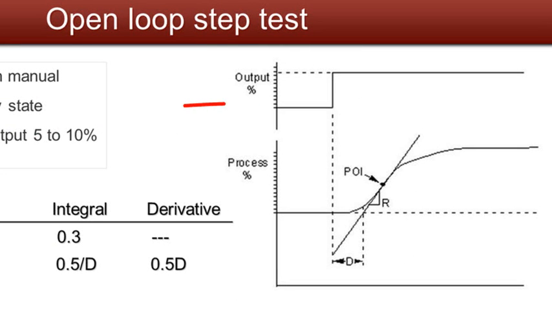So you can see that's what we've done here. We've set our output at something other than 0. We've waited for our process to obtain a steady state, and then we've made a step change in the output. Now what we're looking for is the process is going to have a certain amount of dead loop time. It may be very quick or it may be very long. We're looking for that change here, and we're looking then for the process variable to settle down and to steady out,